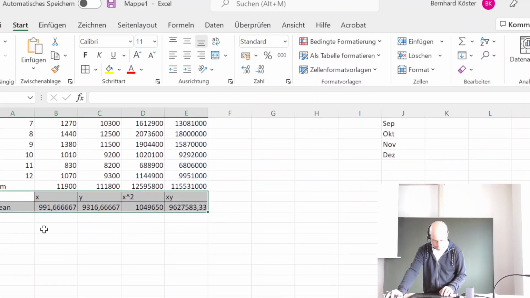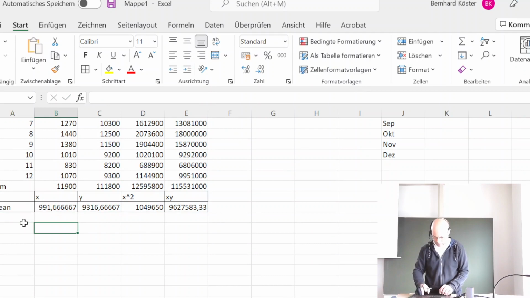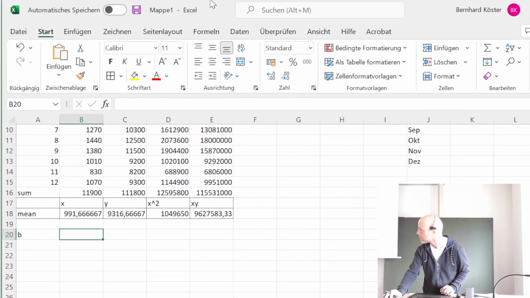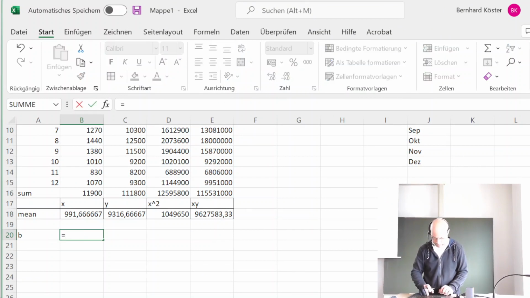So I need then that b. Do you see this here? Here we have to go. Now you see it. So this was then equals, open the bracket, this number minus x bar times y bar, closing bracket, divided